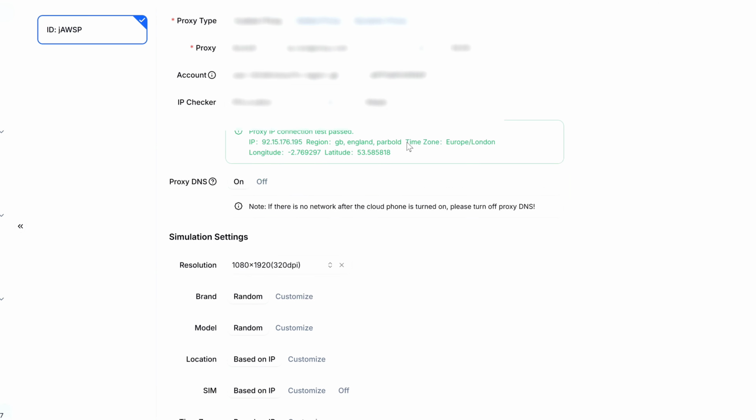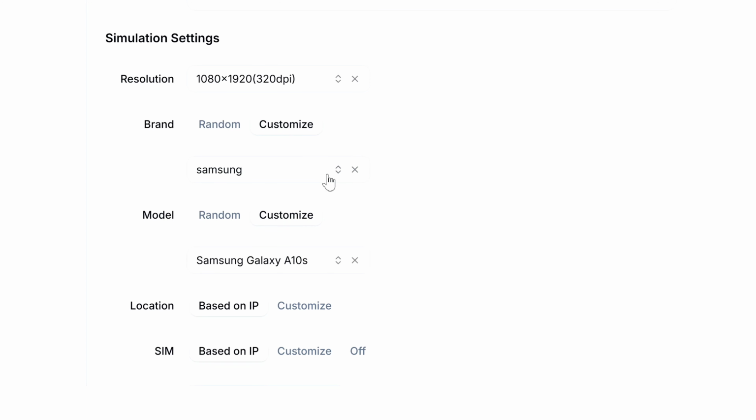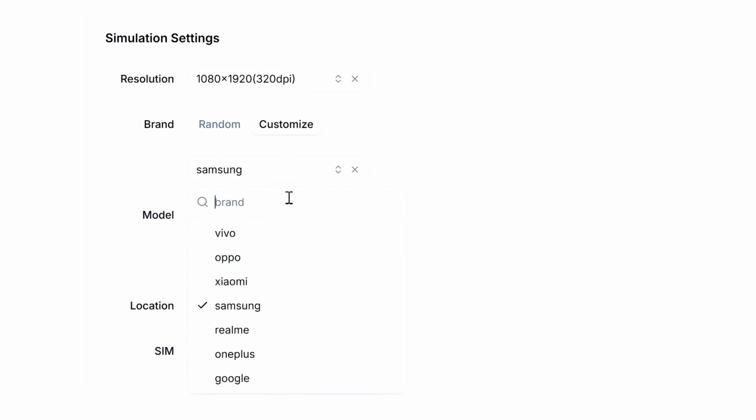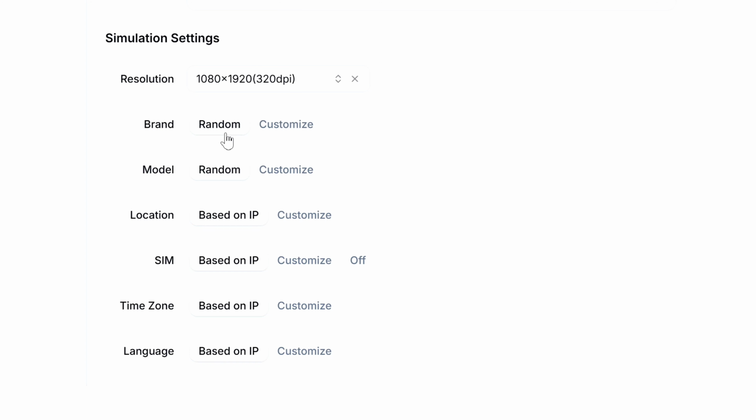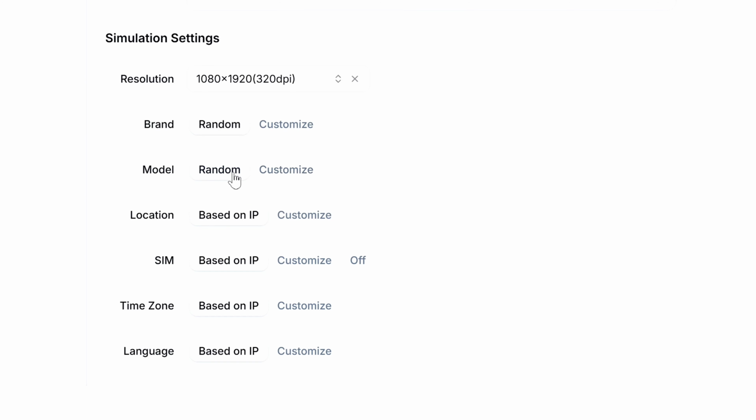Next section is simulation settings. Here's where DuoPlus really shines. Under brand, you can choose random or pick a specific manufacturer like Samsung, OnePlus, Xiaomi. I'm leaving it on random, so it automatically assigns a realistic device. Same with model. I'm gonna leave it on random, but if I want to select a specific model, I can select on customize and select the model from here. But we're gonna select random, so it will match a real phone model to our